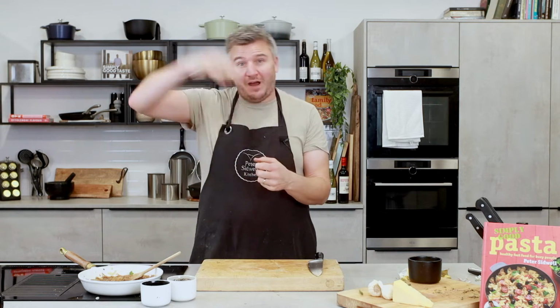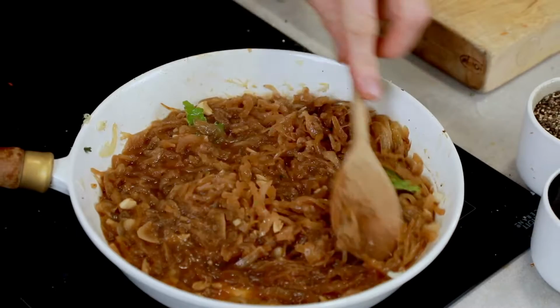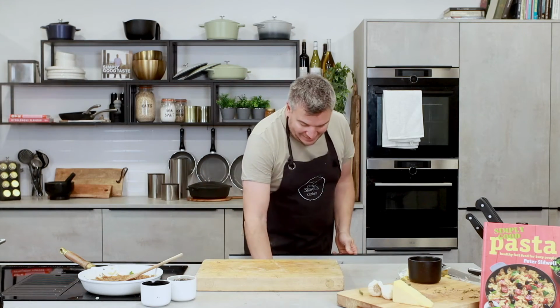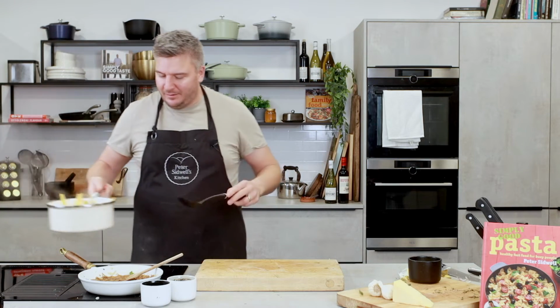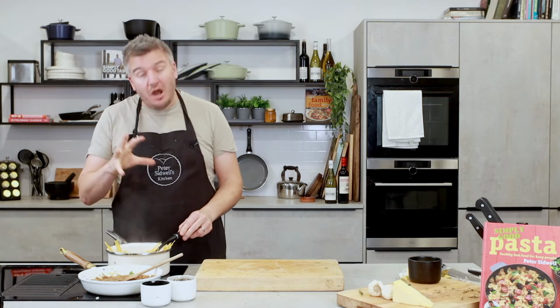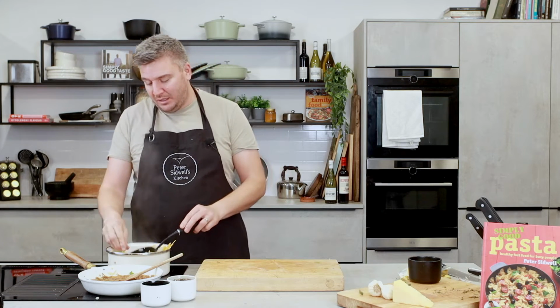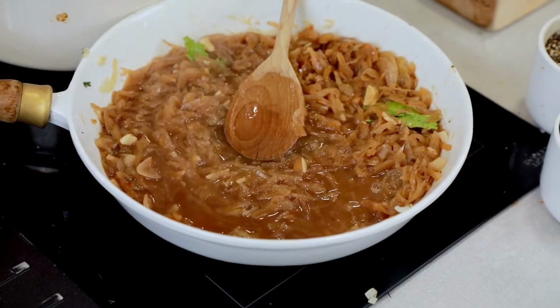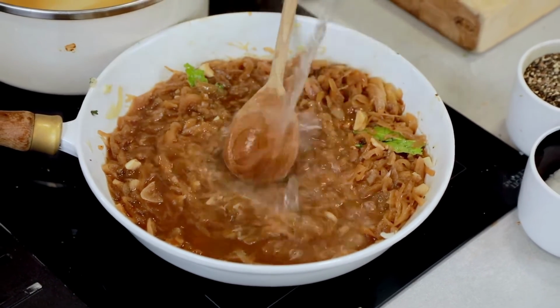Just let it cook, let it caramelize, let that salt draw the moisture out, evaporate, and then you're left with sweet caramelized onions, okay? So what we're going to do is take some of our starch water from the pasta. Now this is kind of the secret, all right, to good pasta, is taking this starch that we've released out of the pasta. When you add it to a sauce, it almost makes it naturally a little bit creamy, all